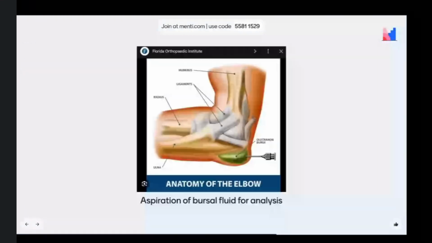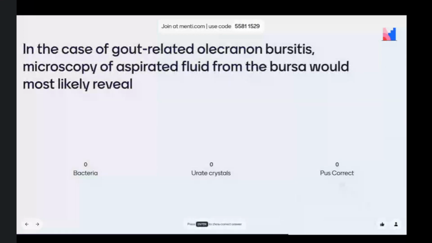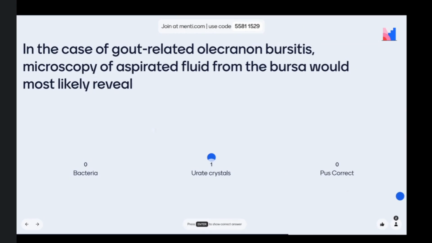So here is how it is done. Just a picture to make it easier for you to imagine. So in the case of gout-related olecranon bursitis, microscopy of aspirated fluid from the bursa would most likely reveal bacteria, urate crystals, or pus. So in the case of the gout-related,